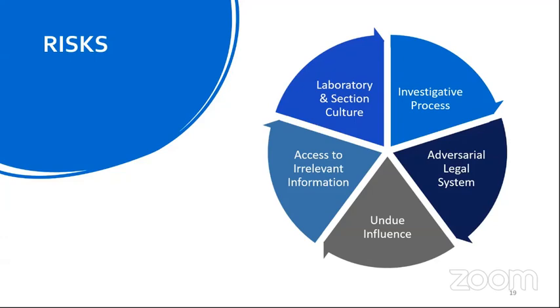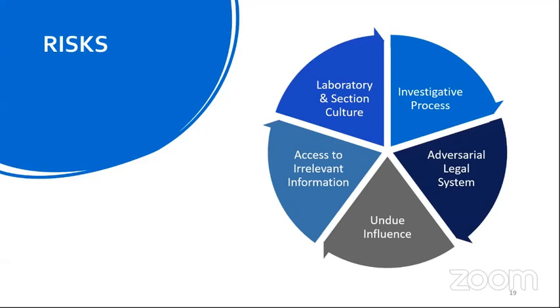You're going to have cliques, you're going to have sections that will have their own culture. I mean, how many of your laboratories have a DNA section with one culture and a firearms section with a completely different culture? And then you have an overall laboratory culture. And so I encourage you to take a pretty critical view of your own cultures and ask yourself this question: are we susceptible to the risk of bias? And if we are, how do we go through and address it? And that gets into that risk management process that I described to you earlier.